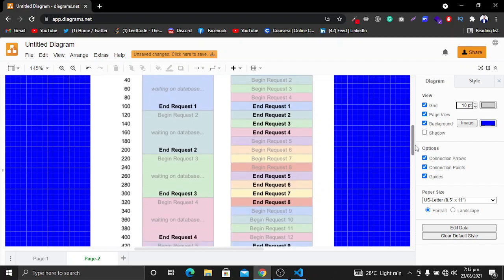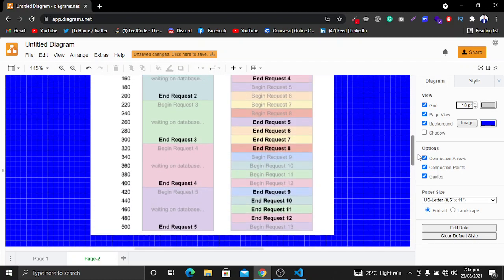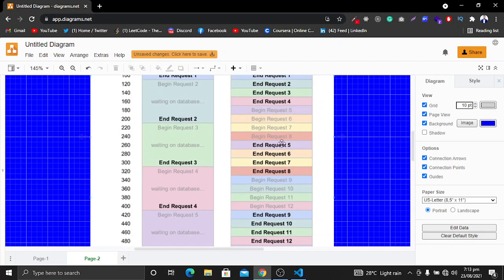Now let's move downward. If we compare the final result here at 500 milliseconds, with the synchronous version we have just implemented 5 requests, whereas with the asynchronous version we have implemented 12 requests, and the 13th request has started executing.